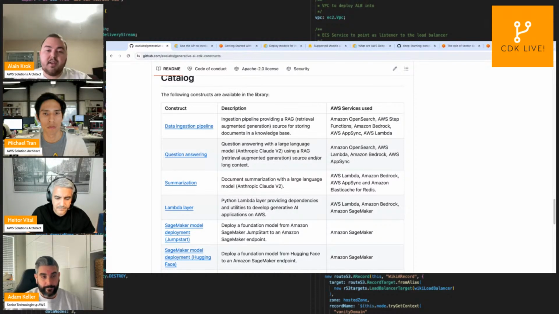Those models can reason about a wide range of topics, but their knowledge is really limited to the data they've been trained on at a specific point in time, right? So if you ask a model a question about some specific, private data that you have, the model might either say, I don't know, or it can hallucinate. It can very confidently give you a wrong answer, right?